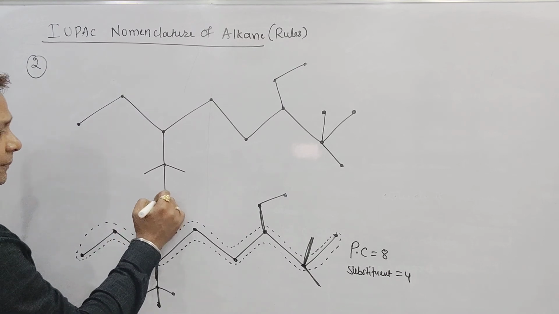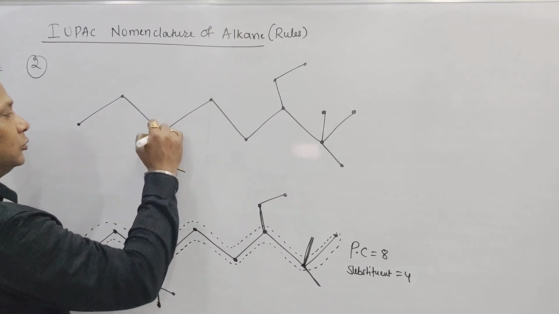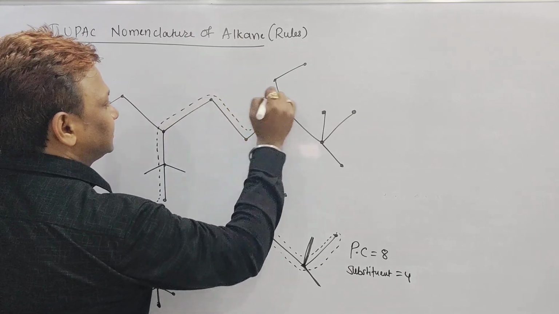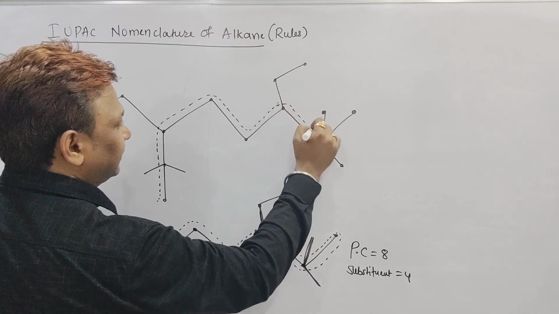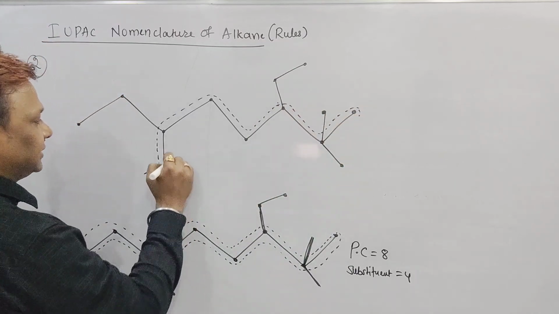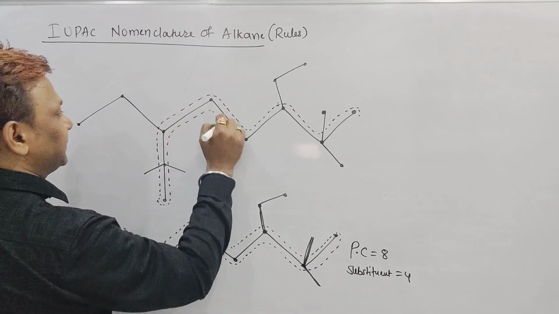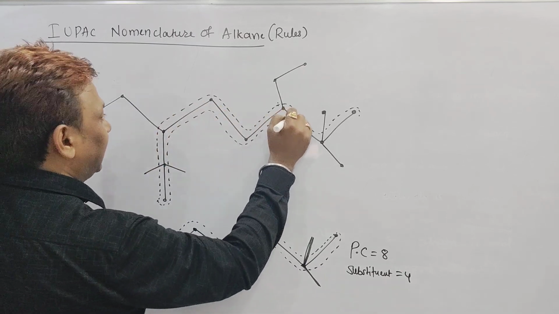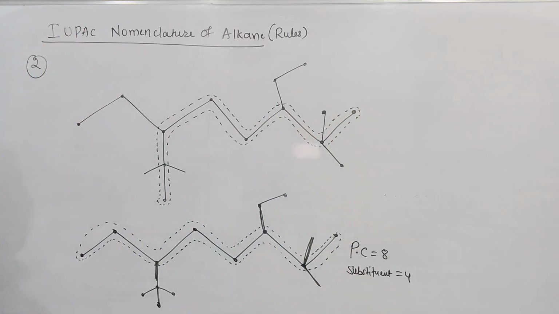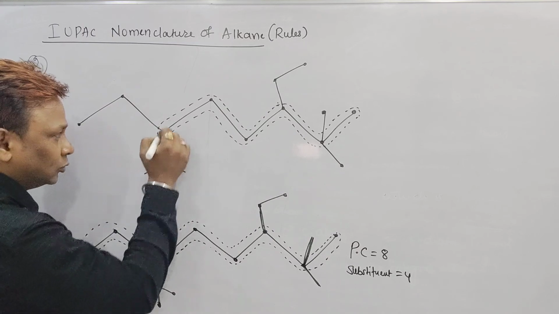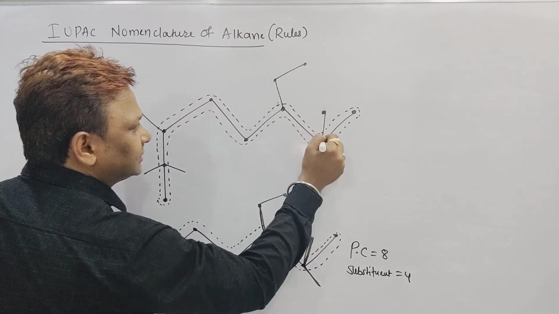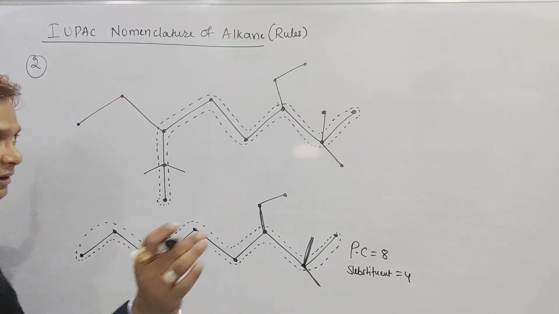Now I will do one thing. I want to select this as my PC. 1, 2, 3, then 4, then 5, then 6. Right, beta? 6, then 7, and then 8. Check it, beta. This is one more PC I have selected here. And in this PC also, how many carbon atoms are there, sir? 8 carbon atoms are there. Check it once again: 1, 2, 3, 4, 5, 6, 7, 8. I selected this one. Why? I'll tell you, beta.